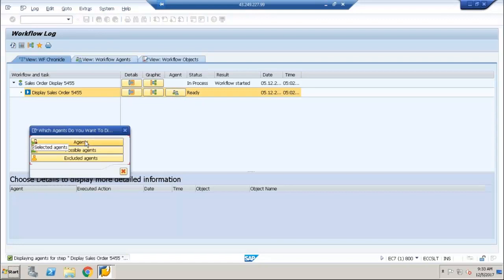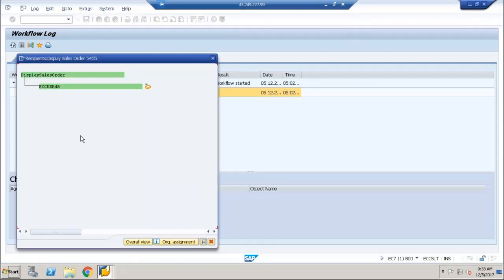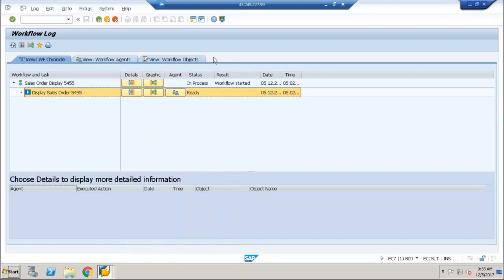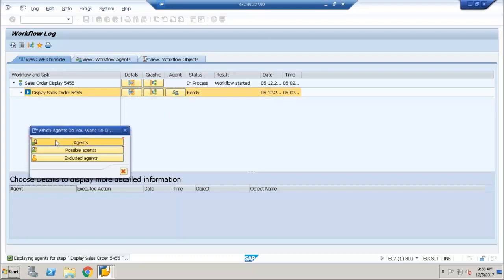If you click this agents, it will show you where the work item is waiting. So now the work item is waiting at ECC user 48. So from the log you can see this person is waiting for approval if it is a decision related work item. Okay, for this workflow now the task is waiting at this particular agent.